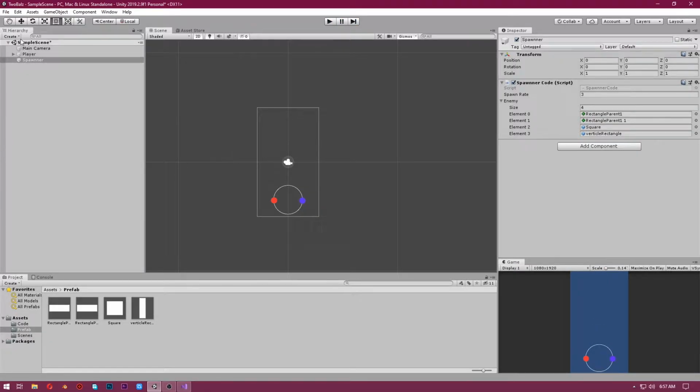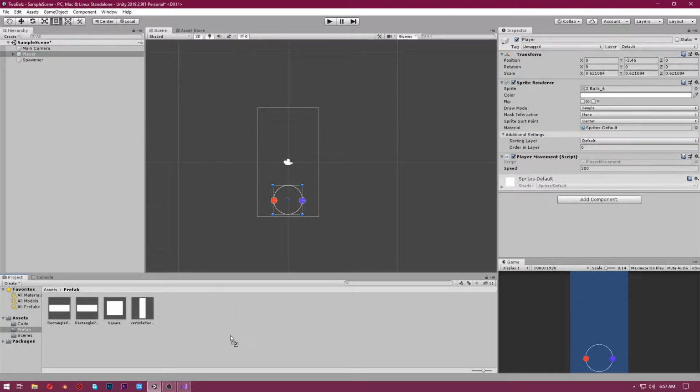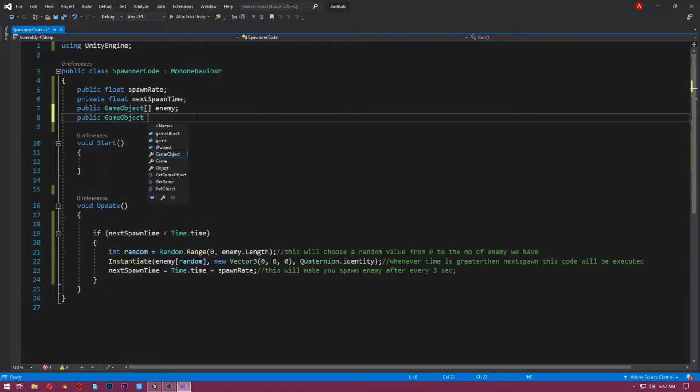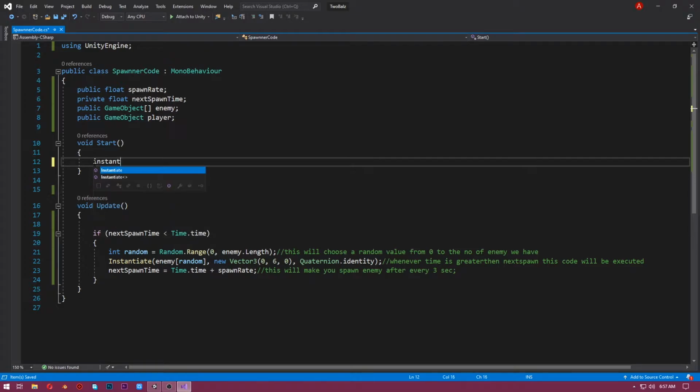If you want to spawn the player as well, then make it a prefab, make a reference of it in the Visual Studio, instantiate it with some value of y in the start function, and now when you play the game, you'll see